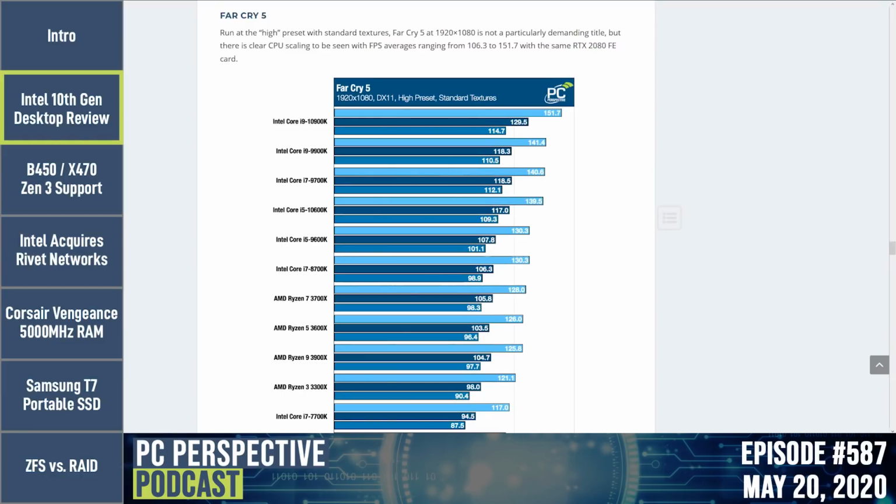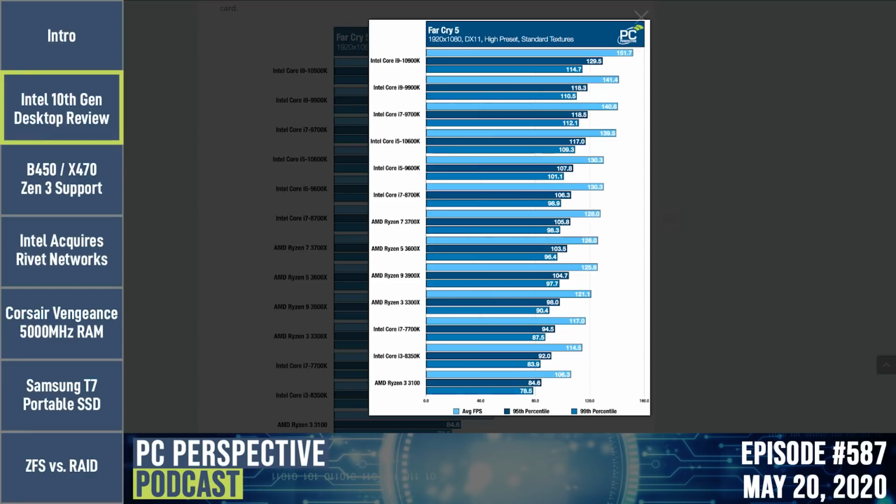We don't have to spend much time on gaming, because I did the gaming testing the way you pretty much have to do CPU reviews to show CPU scaling. So lower settings, 1080p, a higher-end graphics card, in this case just an RTX 2080. Far Cry 5, for example, is a slightly older game engine that scales very well, single-threaded, and you have Intel occupying the top 6 spots with the